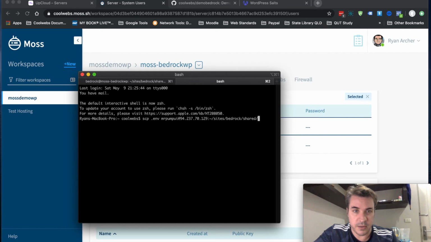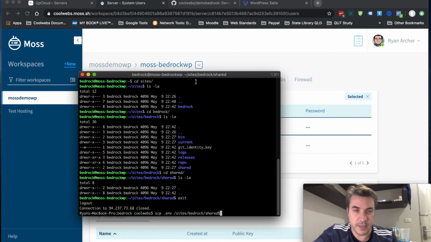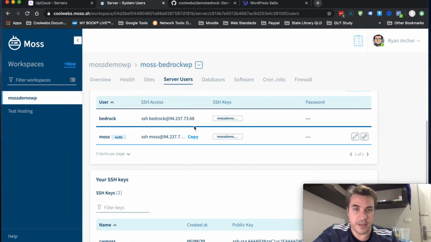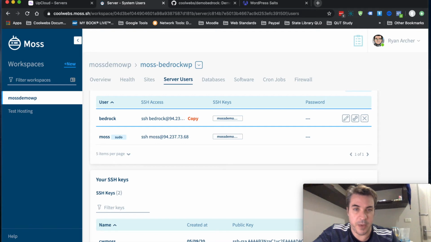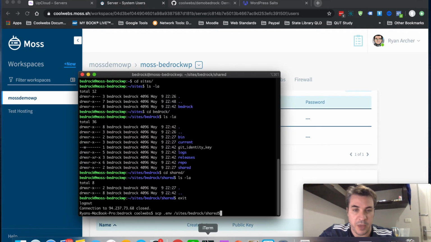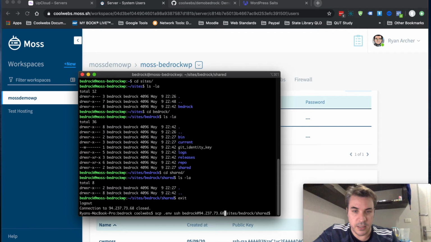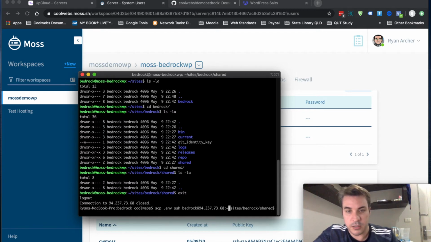No help to us. So I'm just going to go in there and find out. Here it is here. It's quite easy actually. You just go back to the Moss control panel and paste it into here, and then we can put a colon and a little dash mark there. So that's basically pushing our local